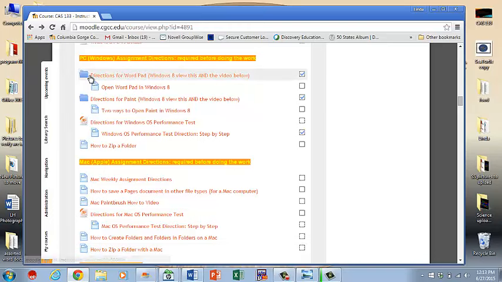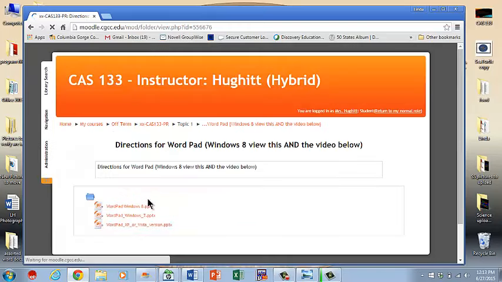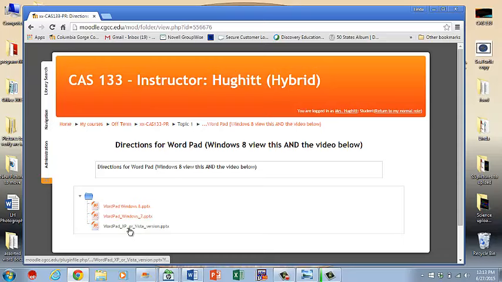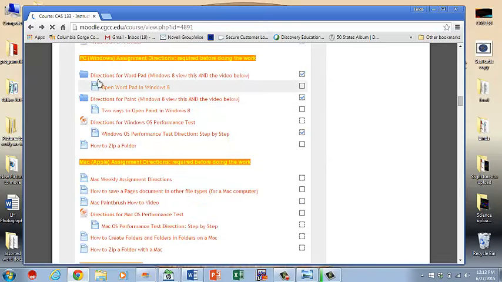So you're going to go in here, and anytime you see a folder, that means you can open that folder and there are going to be more materials, because basically Windows changes so often. I have a version for XP and Vista, a version for 7, and a version for 8 or 8.1 here. Pick the one that goes with your version of machine, and obviously I'd need the Windows 7. View it.